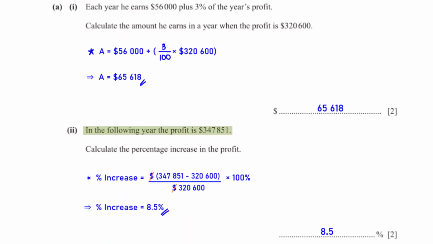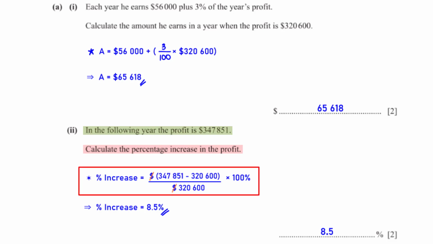In the following year, the profit is $347,851. Calculate the percentage increase in the profits. The percentage increase in profits is equal to the increase in profits, which is